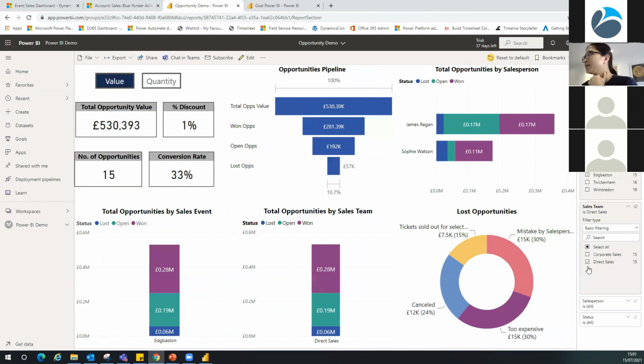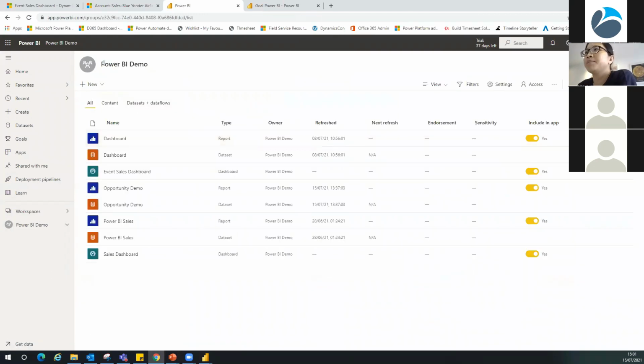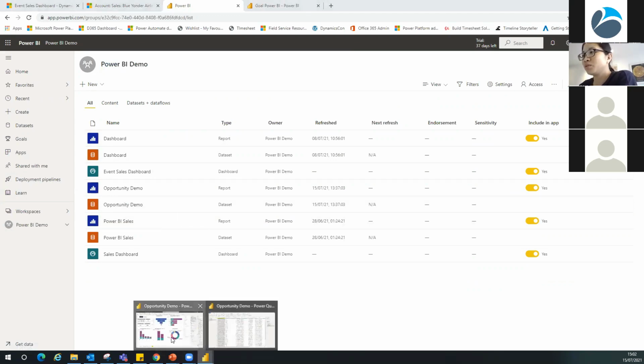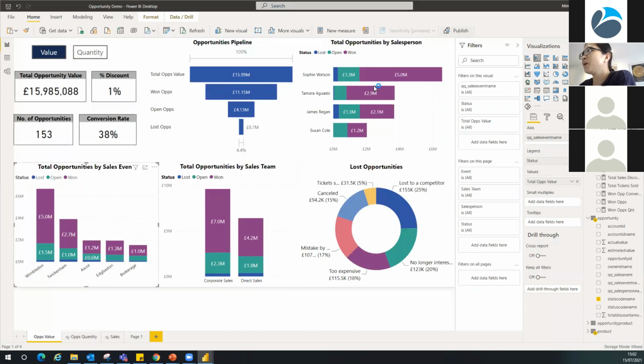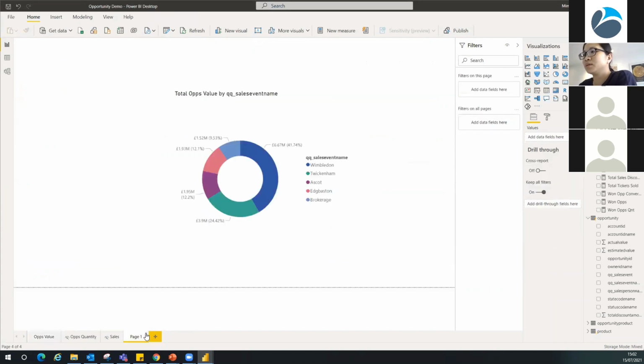Okay, so this is Power BI service, and I want to show you the workspace. At the moment, this report is published to a Power BI demo workspace, and I have many other reports as well. Let me show you from here, it's going to be easier. When you publish this one, okay, so I need to delete this one. I don't want to override some of the data that I've created, sorry.